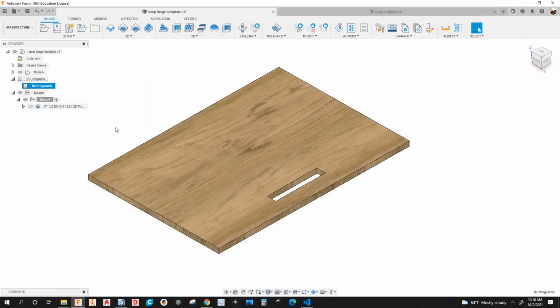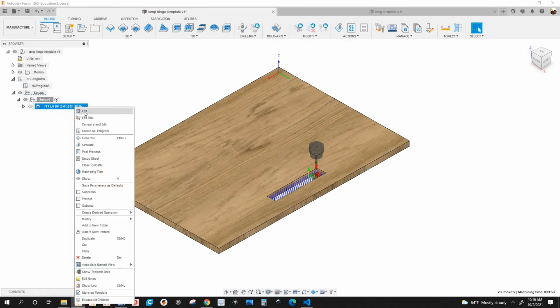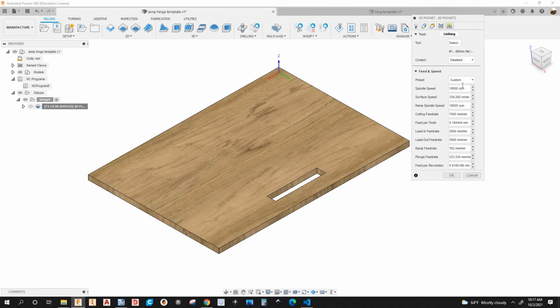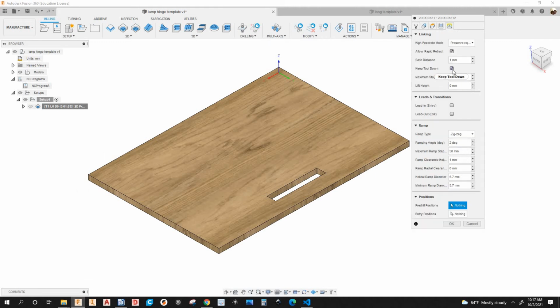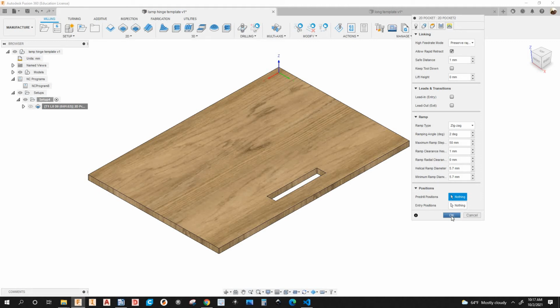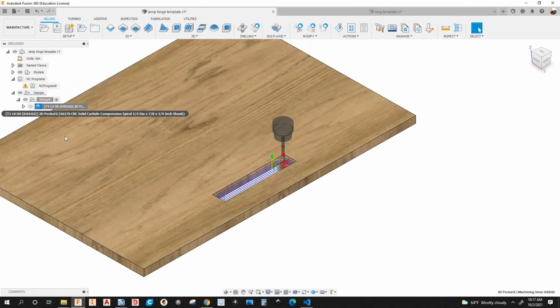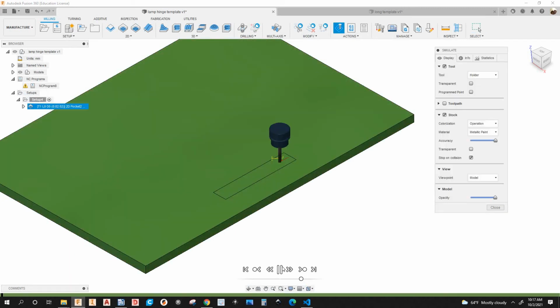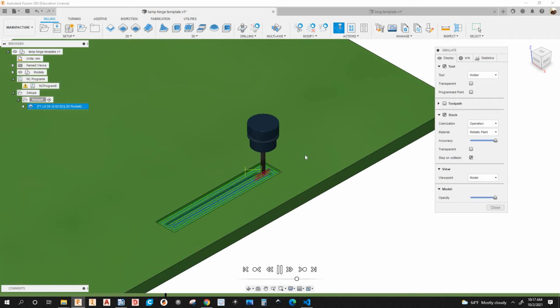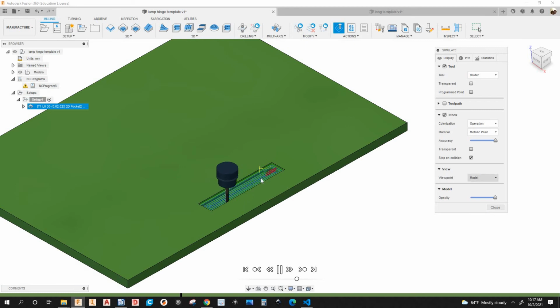Before I show you how you can copy and paste toolpaths, I'm gonna show you one more thing, right? I'm gonna edit this toolpath under the linking tab. If I uncheck this, let's see what happens. Click OK. Okay, it's simulated. Okay,